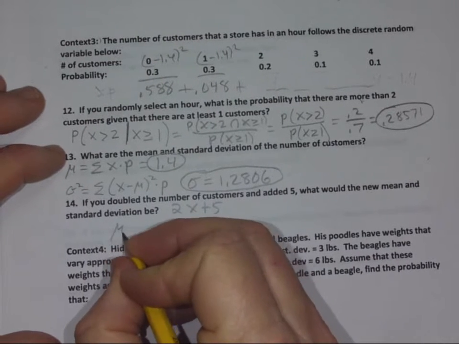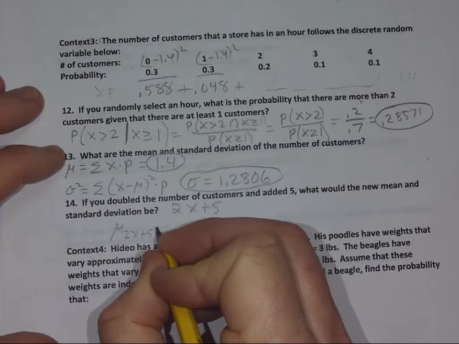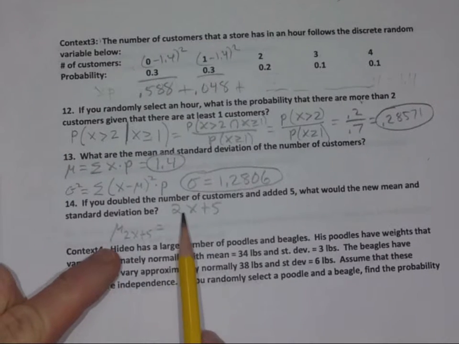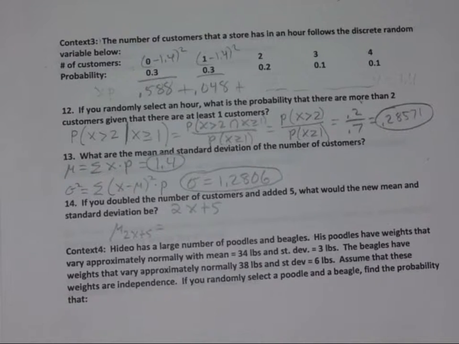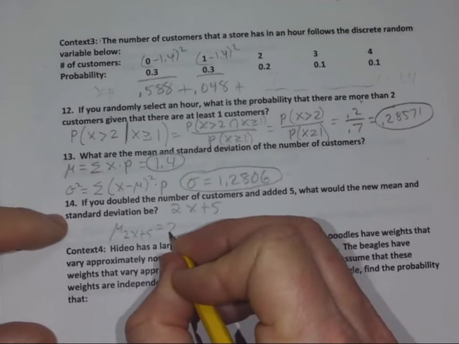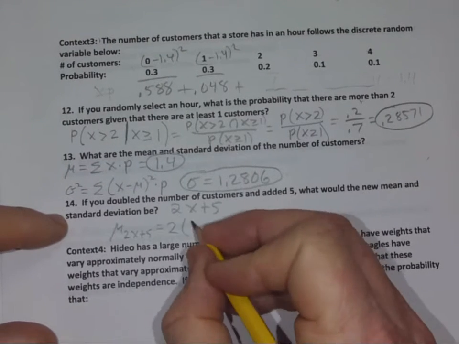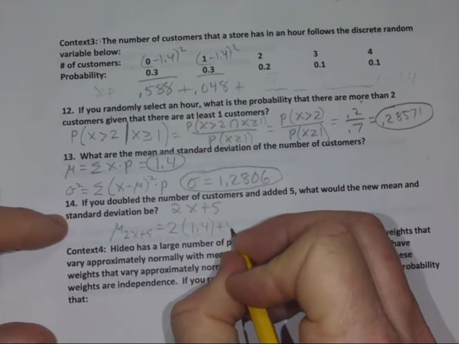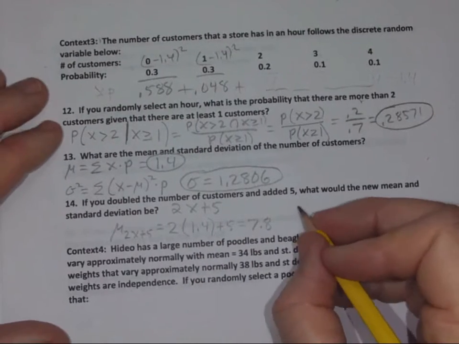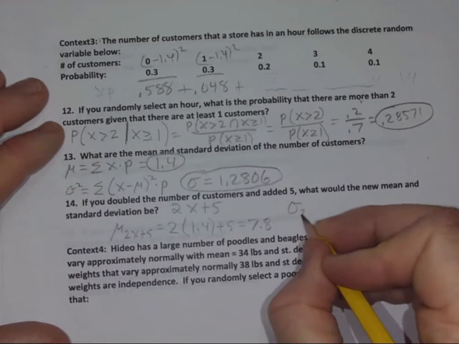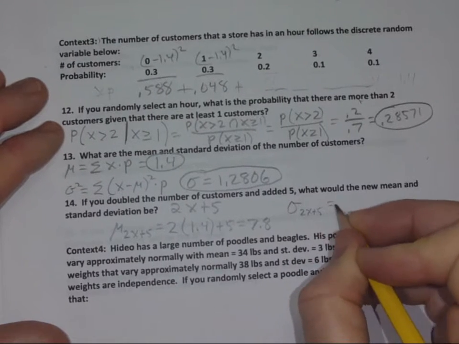The measures of center are affected both by multiplying and adding, like the mean and median. So the mean of 2x plus 5 is 2 times the mean, which is 1.4, and then plus 5, and that is equal to 7.8. And then the standard deviation of 2x plus 5, the plus 5